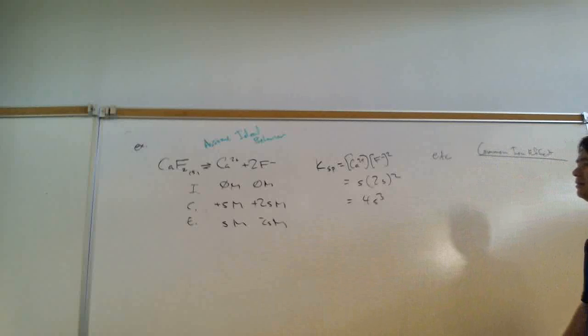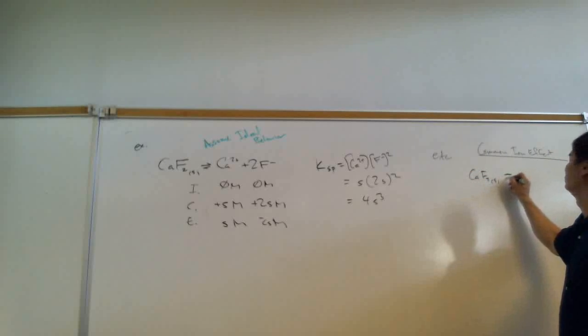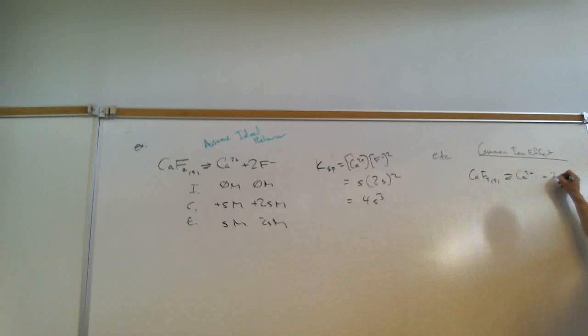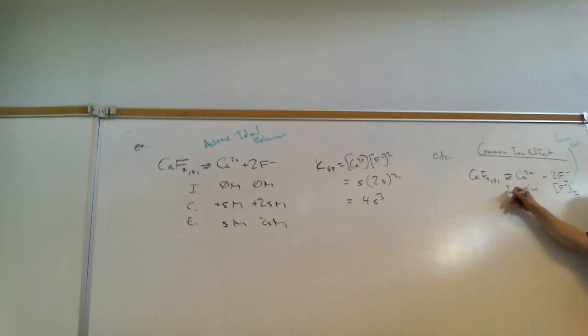The common ion effect will decrease the solubility because, let's say, if I have calcium fluoride solid here, I got calcium 2 plus and 2 fluorides. If I have some initial concentration of fluoride in here from somewhere else, and this is 0 molar here, and so maybe I add some sodium fluoride to this. And so I have some fluoride from sodium fluoride here. Am I going to get as much to dissolve? No, I'm still going to have a change. The change is going to be plus